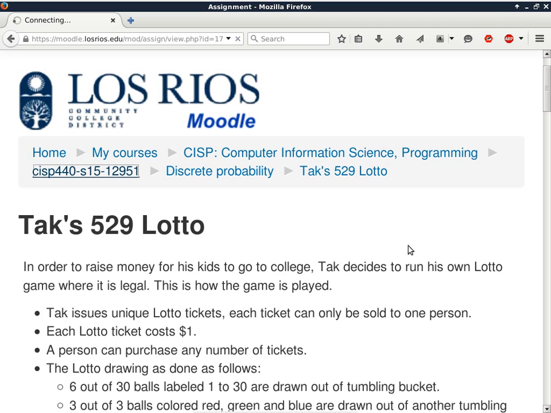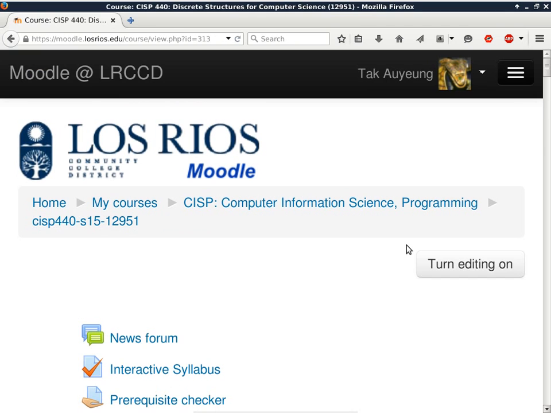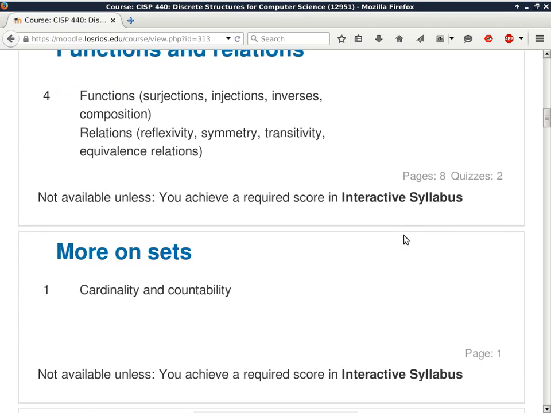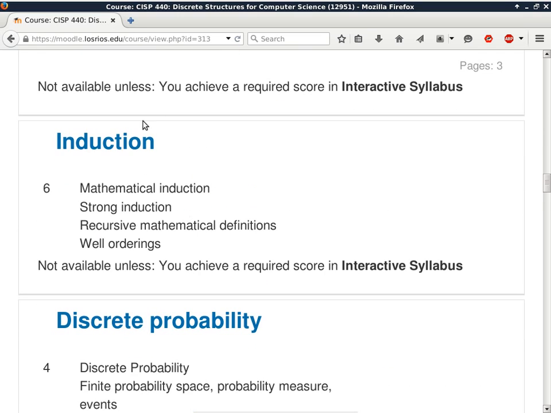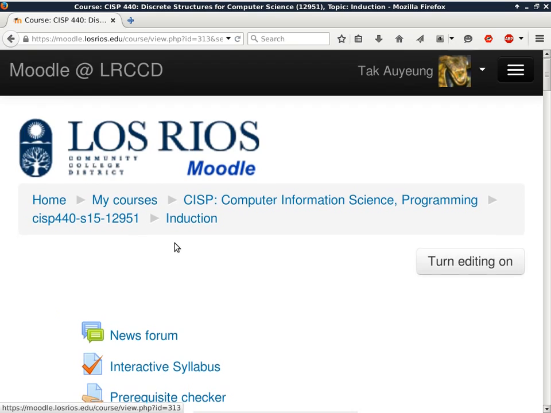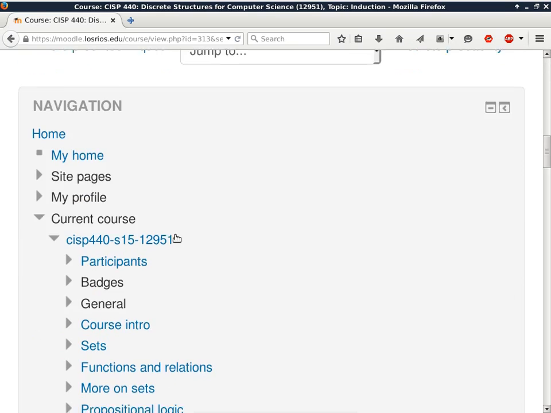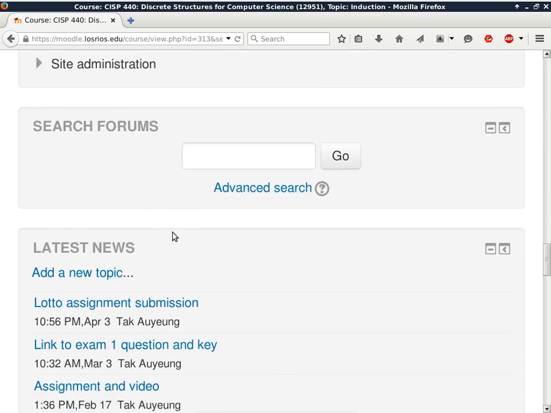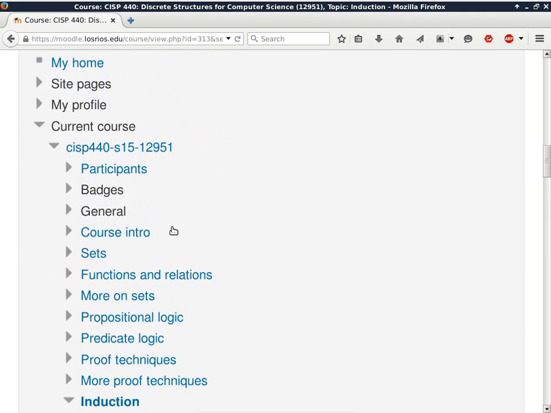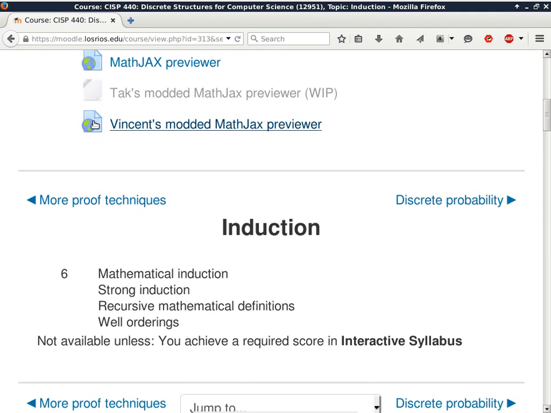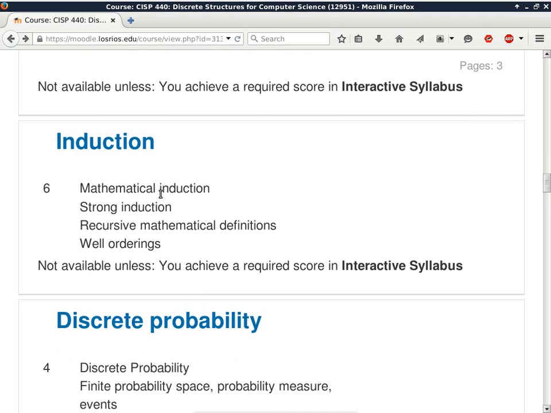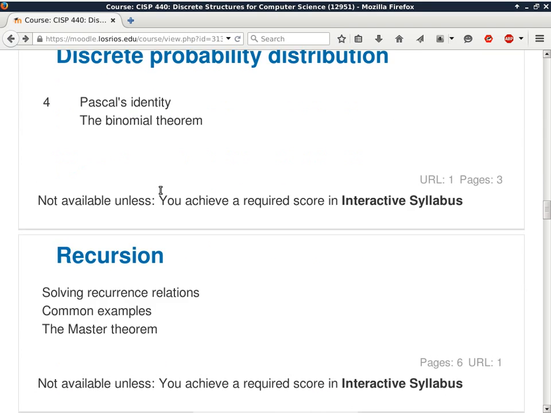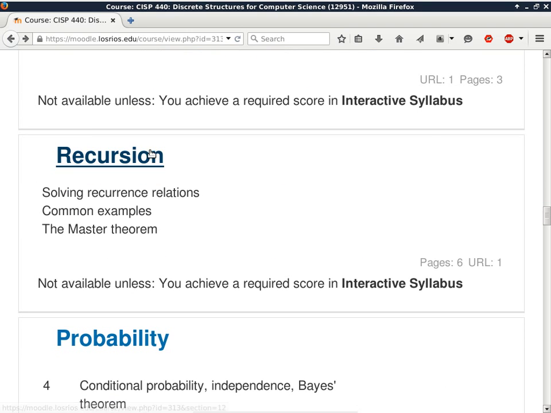All right. So with this out of the way, looking at the time here, we already started on the induction topic, and it has quite a few things inside. You say you want to go over a sample test. Well, I want to go over the sample test, but I need to go over these topics first. Discrete, recursion. There we go.